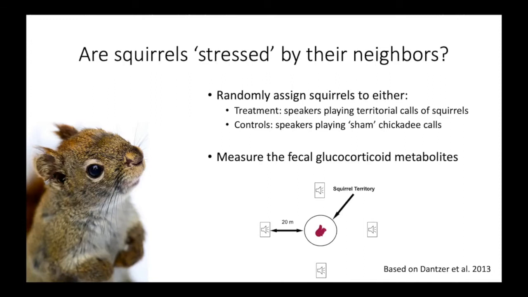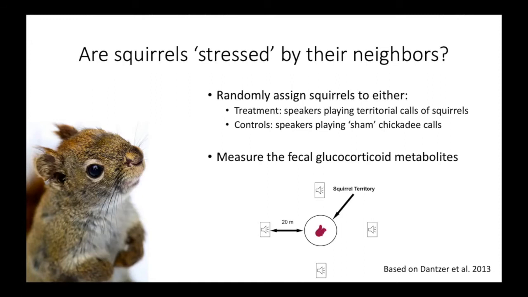But of course, you can't play territorial calls without setting up speakers and without making noise. And so as a sham control for the playback treatment, Ben included the same experimental setup with speakers that were playing chickadee calls, creating noise, having the same experimental apparatus, but not exposing the squirrels to this stimulus of having